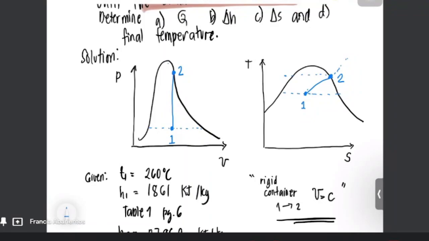Hindi palaging si pressure ang given, hindi palagi si temperature ang given. Kasi ang sa table natin is all saturated pressure and saturation temperature. Okay, madami pang example dito. Okay, let's proceed now to